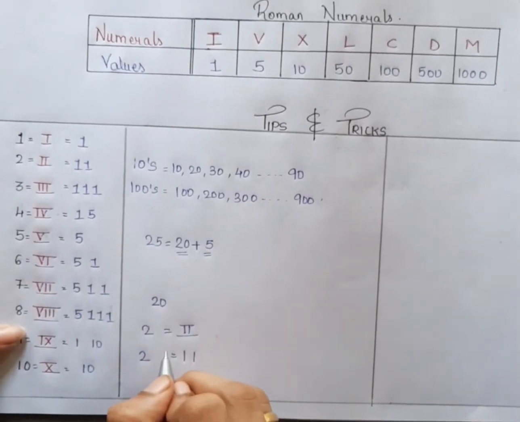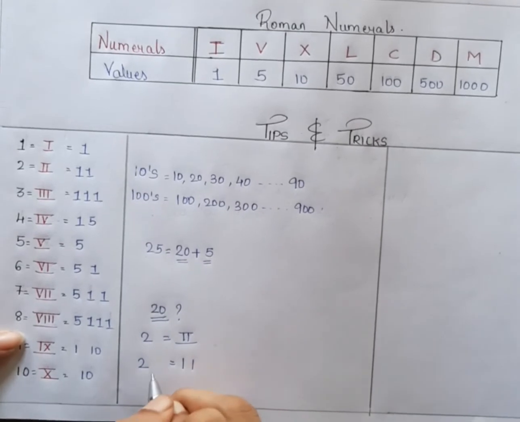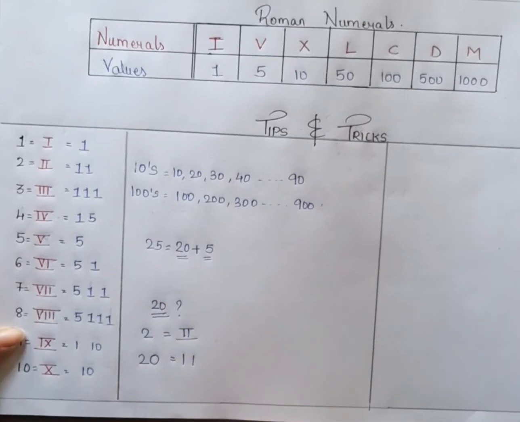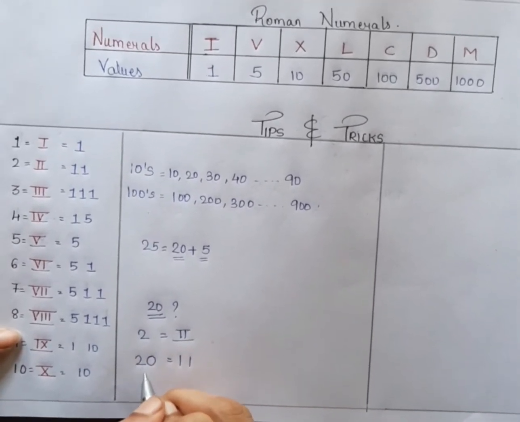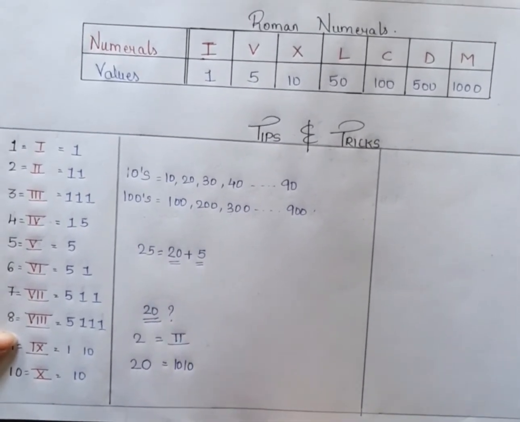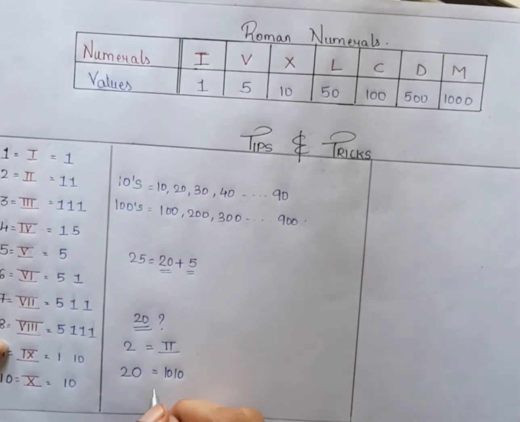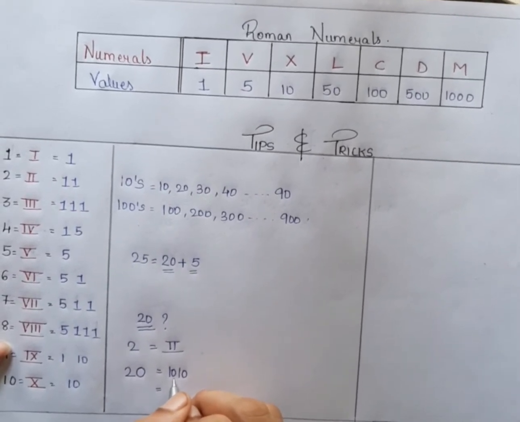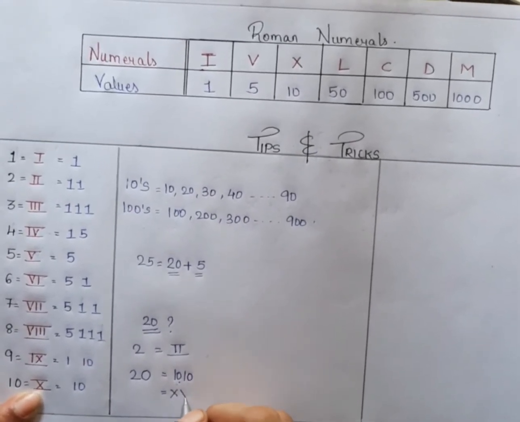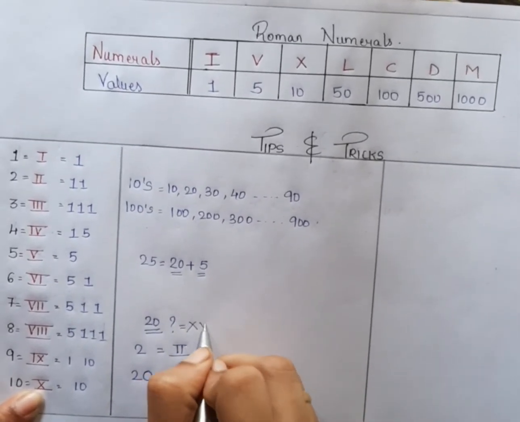Now we are basically talking about 20. We have to find the Roman numeral of 20, right? So now we will convert this 2 into 20 by putting a 0 over here. So this became 20. The left hand side changed, so the right hand side will also change. Two digits are present, so I will put zeros on both the digits. Now I know the Roman numeral for 10, which is X. So I will replace both 10s by X. So what is the Roman numeral of 20? It is 2 times X.